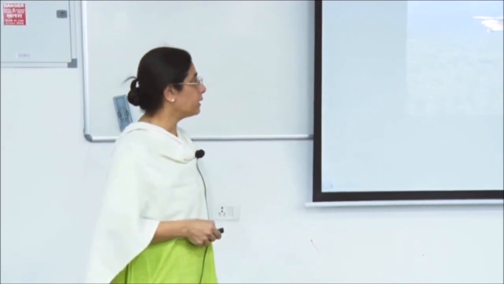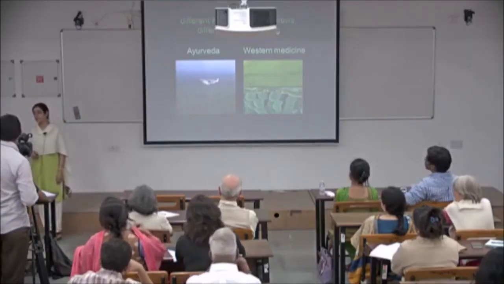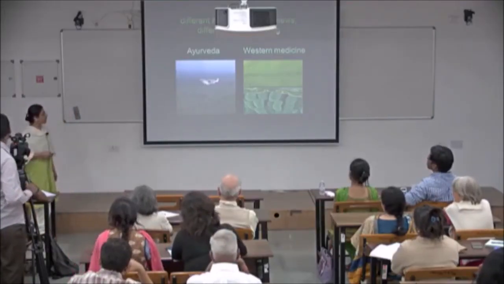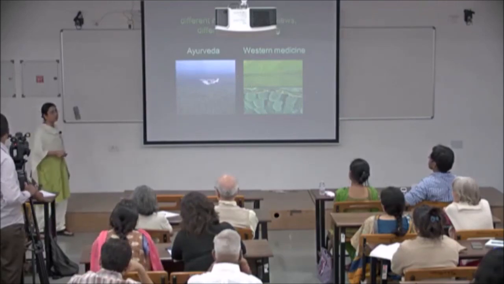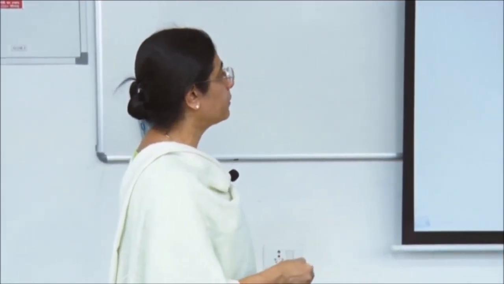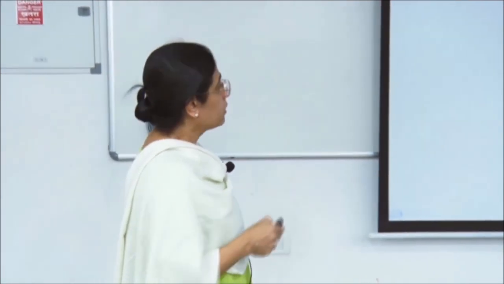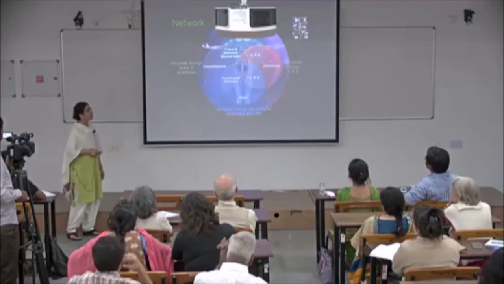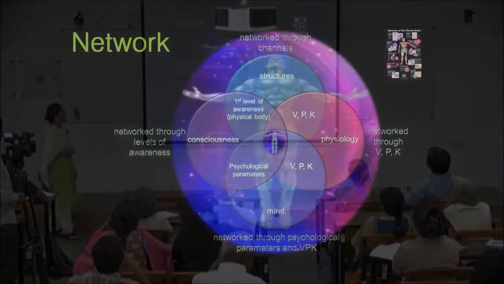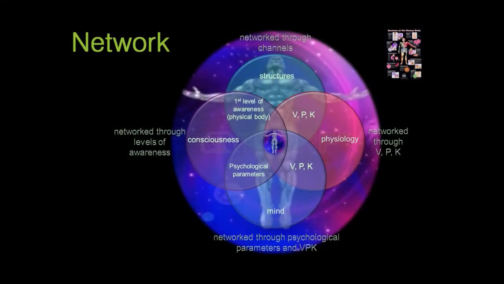So there is a big difference between Ayurveda and modern medicine. What you see determines how we are going to treat it. Because modern medicine is looking at this level, the treatment is at this level, it's very targeted. And because Ayurveda is looking from this viewpoint, the treatment is more systemic. In tomorrow's lecture I will talk a bit more of this, but I would like to finish the first part of the lecture today,